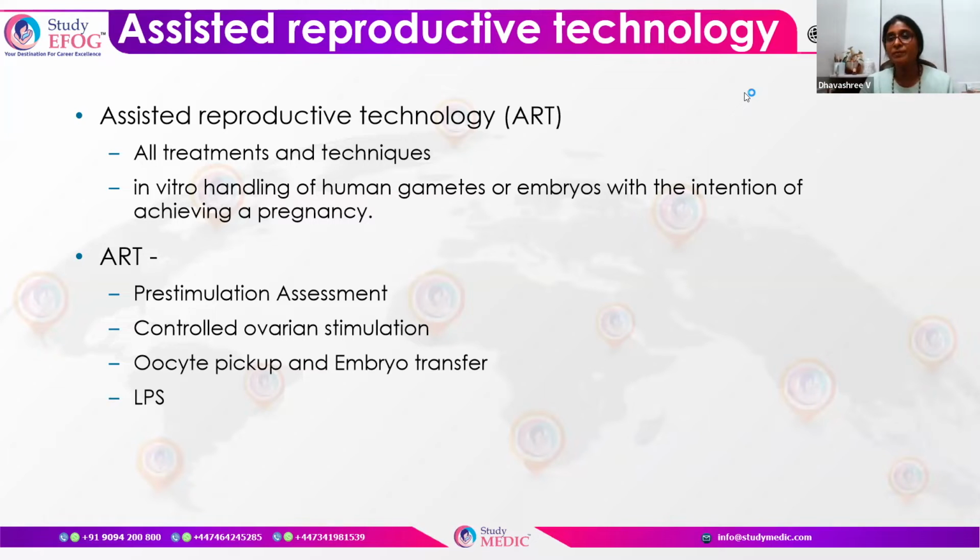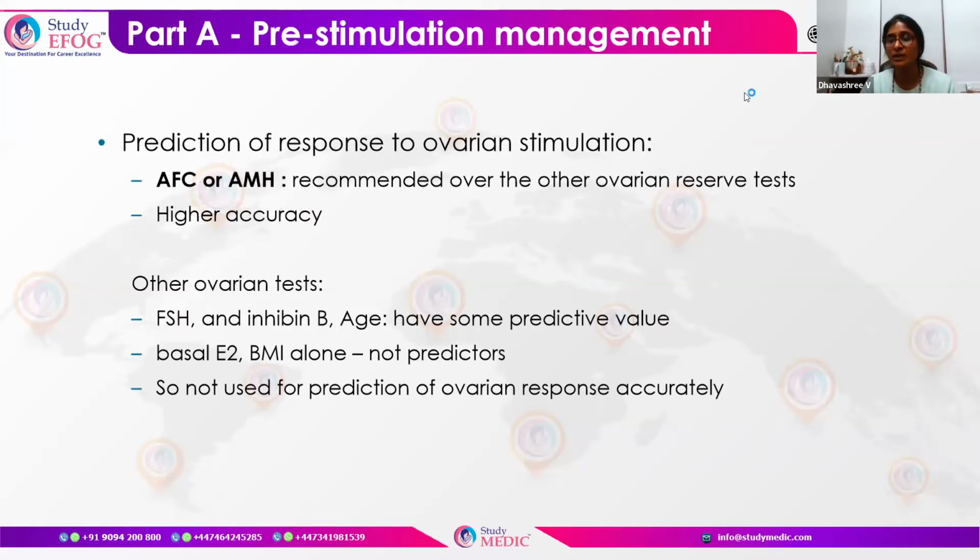Let us talk about the pre-stimulation assessment. What we want to assess is the response of a woman's ovary to a particular stimulus, that is, the prediction of ovarian response to the stimulation we give. What helps us in assessing this prediction is basically the antral follicle count or the